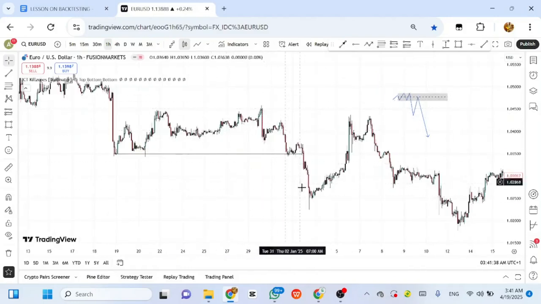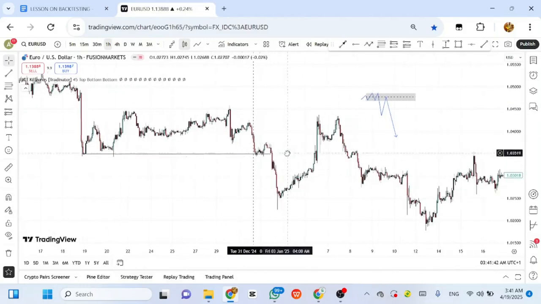So there's what we call correction, there's what we call retracement, there's what we call reversal. So now pay attention to this now. It's not because I'm looking at this chart. So look, this was a high, it was broken here, this was a low, sorry, a low was broken.